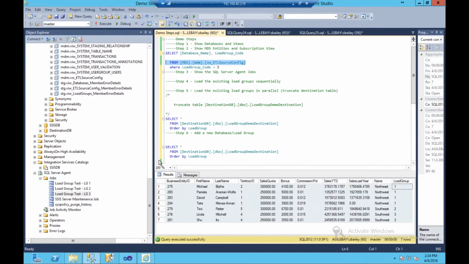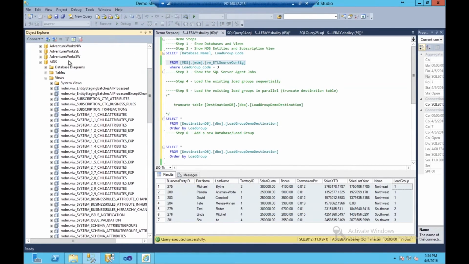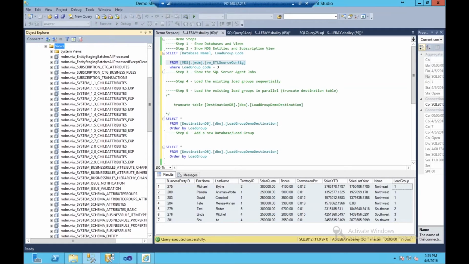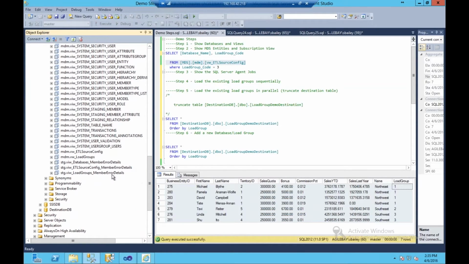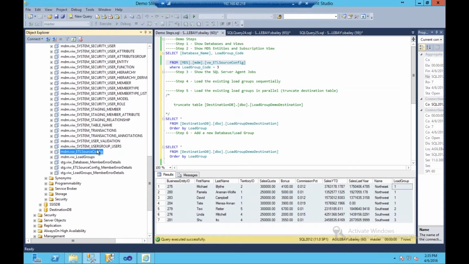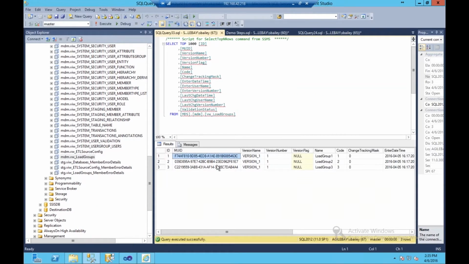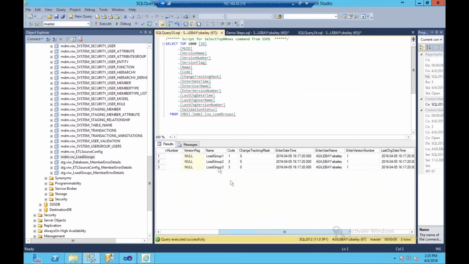I could easily go in and add a load group, number 4, for instance. We also have another question. Could you use connection strings instead? You absolutely can. It would work very similar to what we've seen here, except when you're in Visual Studio,